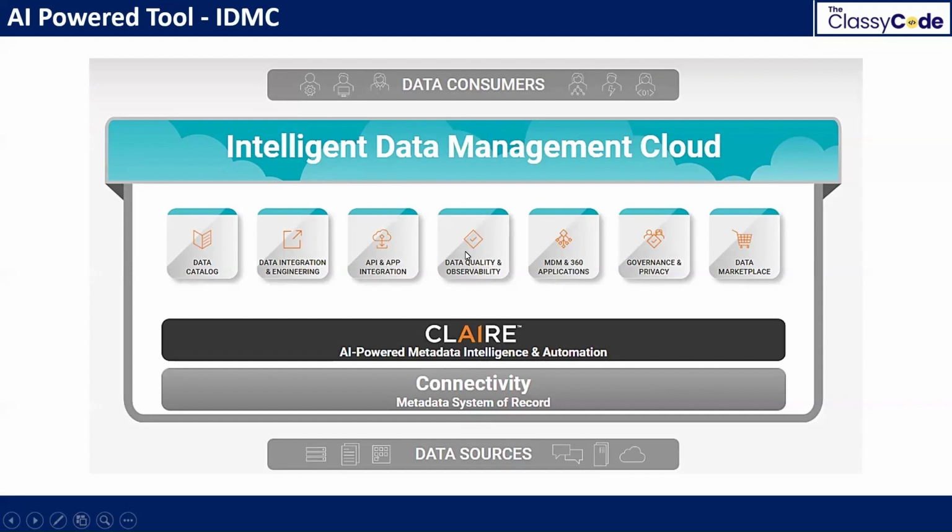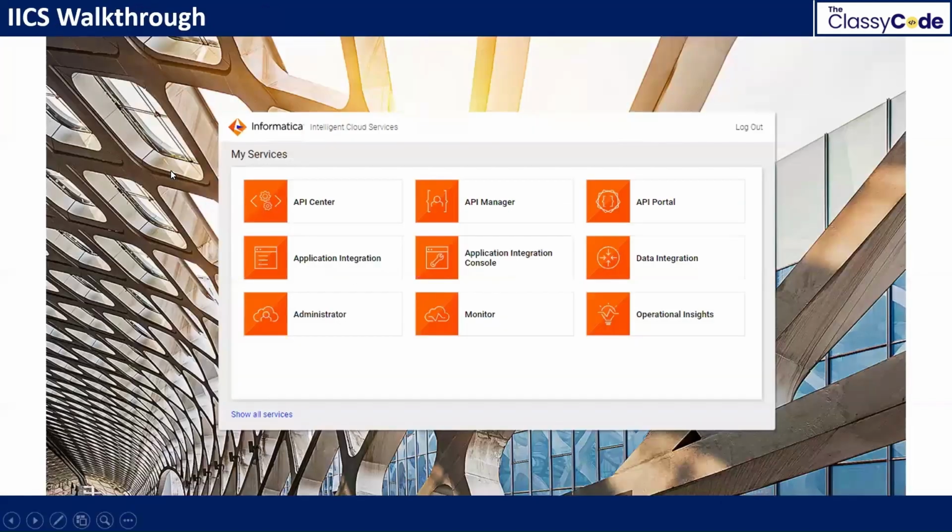We have many things like data catalog, data integration and engineering, API and app. Means here we not only see data related, but also application related, application programming interface. So this is the look and feel of Informatica Intelligent Cloud Services. Once you log into Informatica, you will see these things. I will walk you through